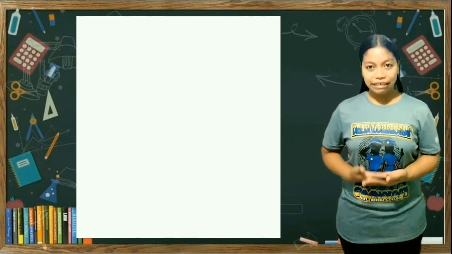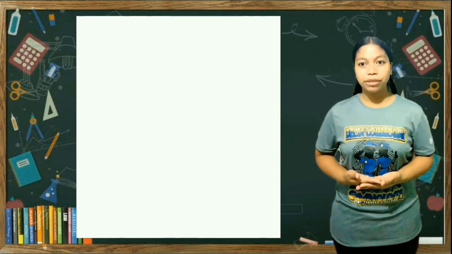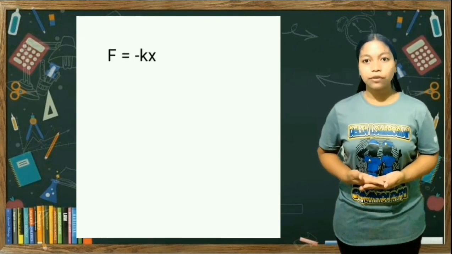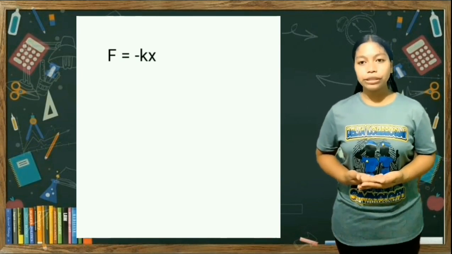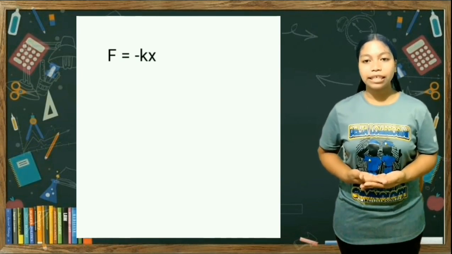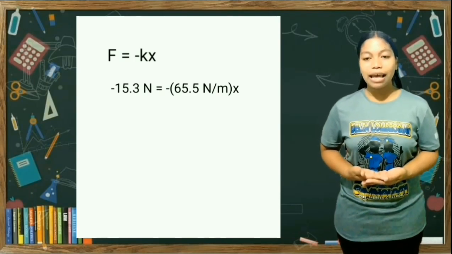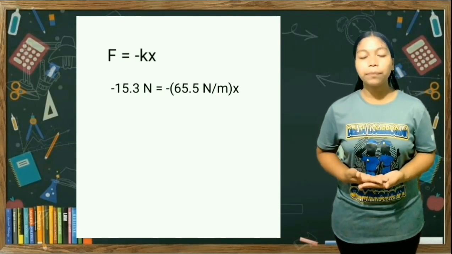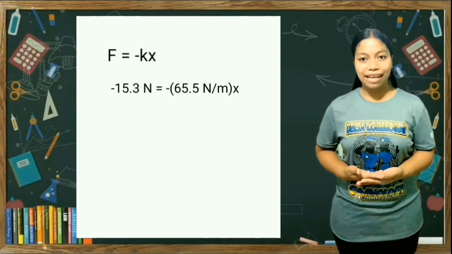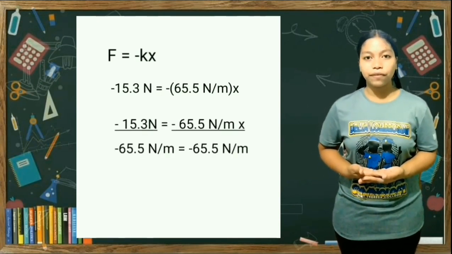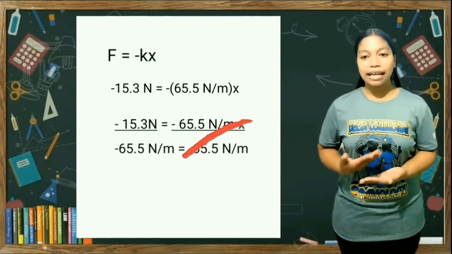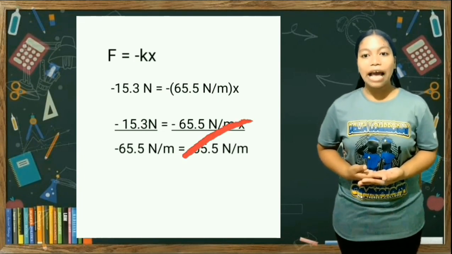After identifying the given, let's write the formula to be used, which is F equals negative k times x. Then, let's substitute the given values. We have negative 15.3 newtons equals negative 65.5 newtons per meter times x. Then, let's divide both sides by 65.5 newton per meter. Cancel 65.5 newtons. The answer is